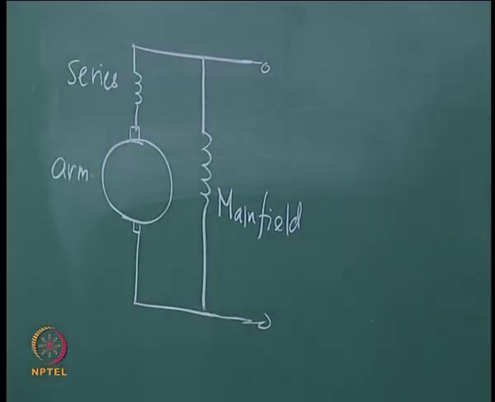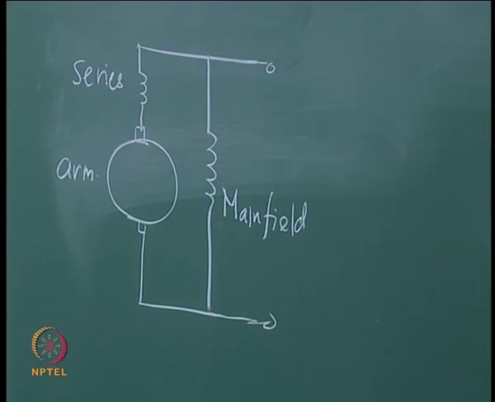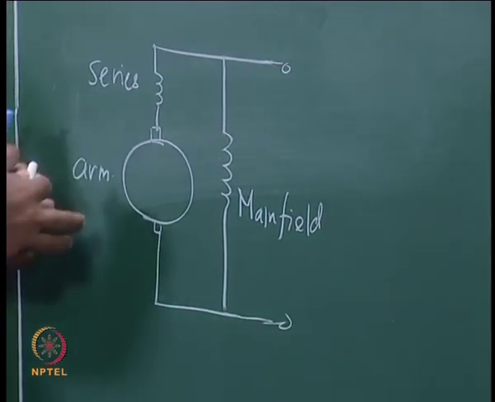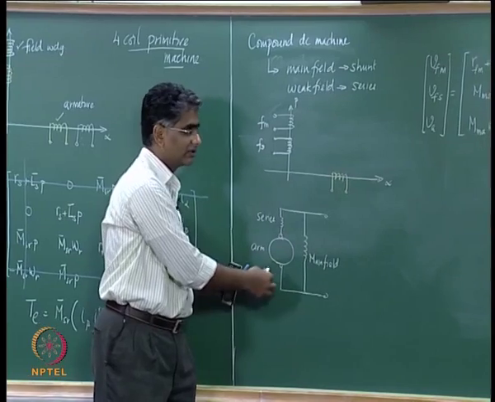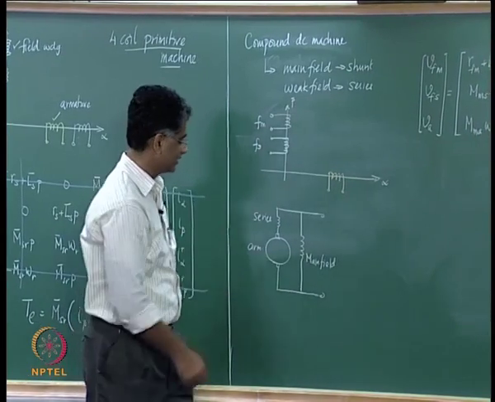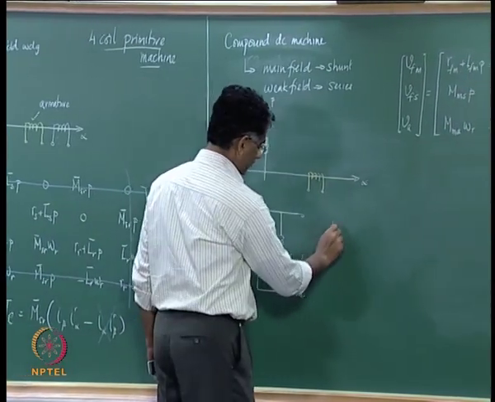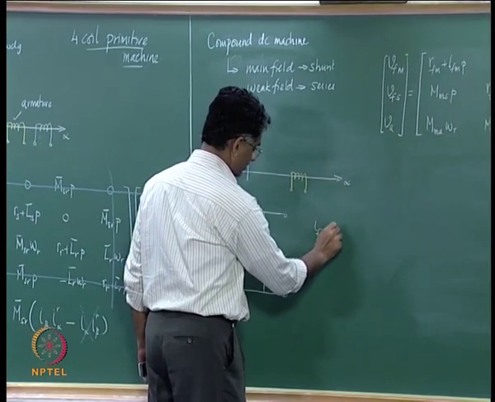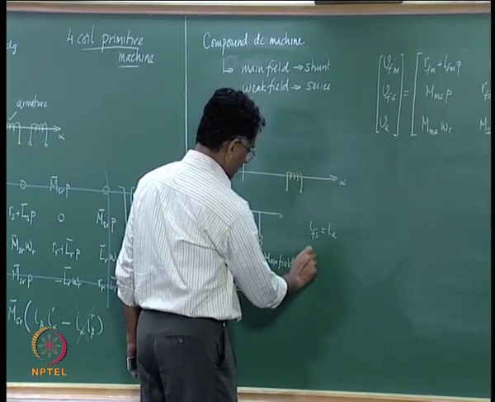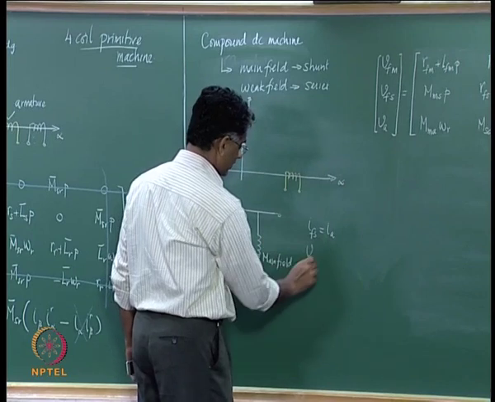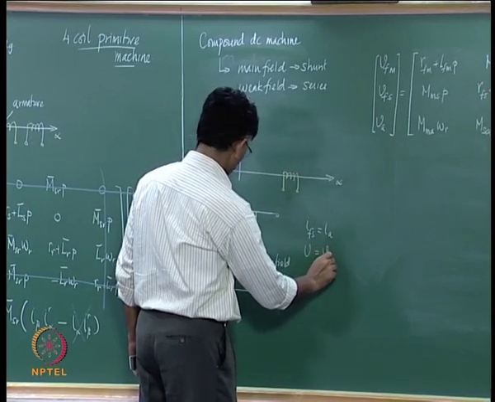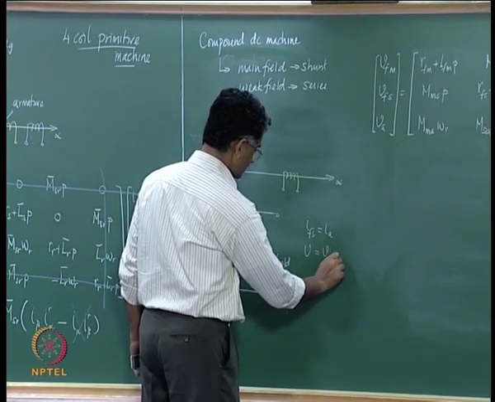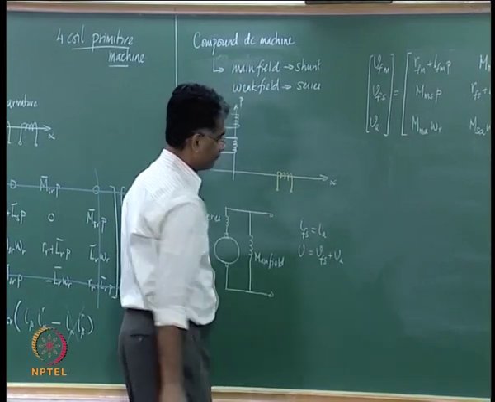If this is the case, then you can impose restrictions that arise from the way this is interconnected on these equations. This means that IFS is equal to IA and the applied voltage V is equal to VFS plus VA, and